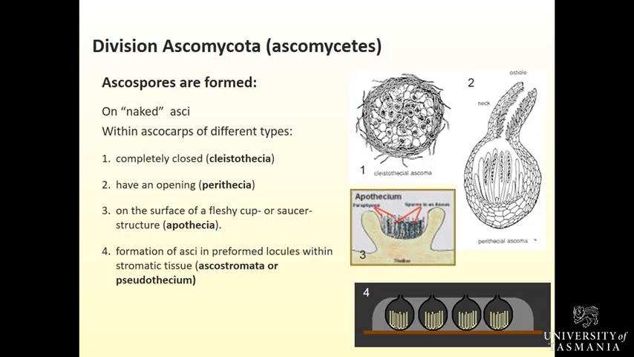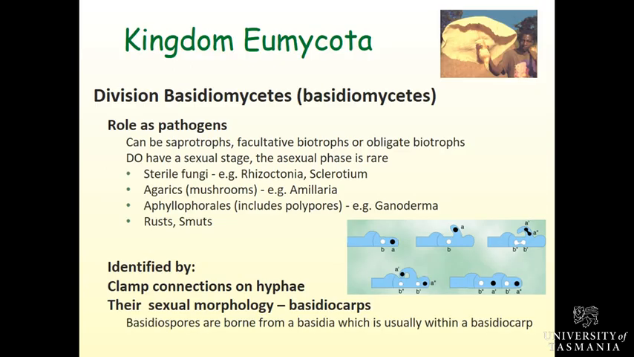So the ascocarp, the sexual morphology, is generally a structure that can produce and release these sexual spores. So again, these are quite characteristic structures. They may be completely closed, a cleistothecia. They may have an opening, like that one there, which is a perithecia, or they may be cup-shaped, which is an apothecia. But they're all producing those sexual ascospores. I don't expect you to remember all the names of all these different spores. That's okay. The basidiomycetes,